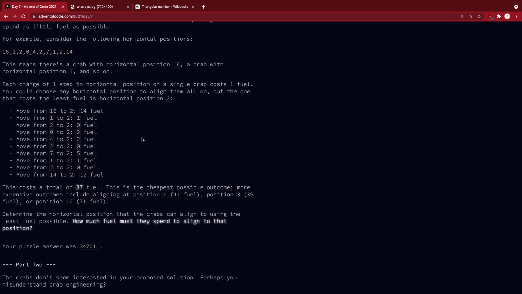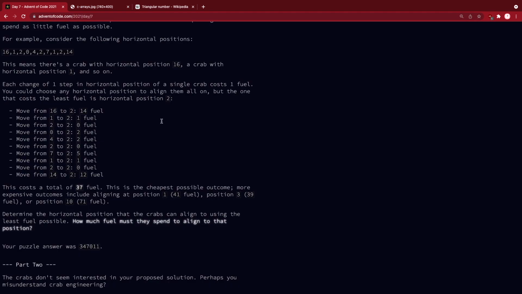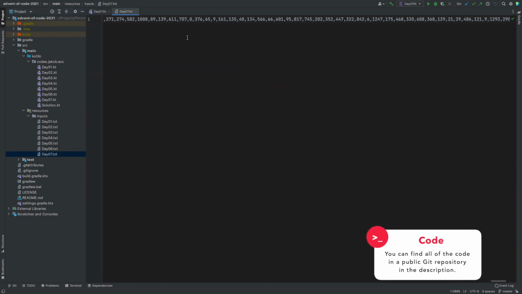So the goal is to return this, keeping in mind that you have to return the best possible solution that uses the least fuel. So of course there are many solutions, you could move to any of these positions, right? But you not only have to calculate how much fuel it uses, but also what is the best one to use. And of course there is a definitive answer to this, and we're going to find out right now how to arrive at that. So let's move here into IntelliJ,